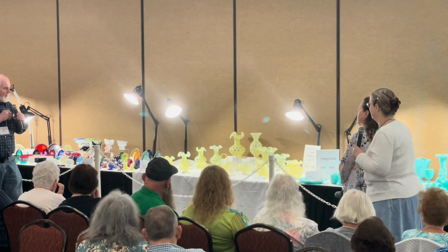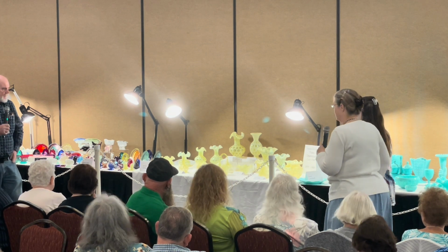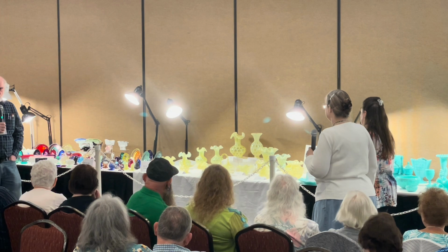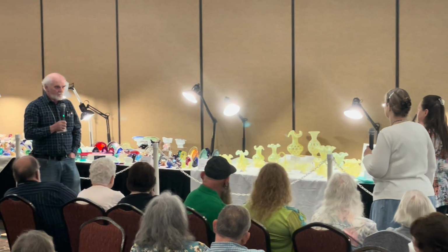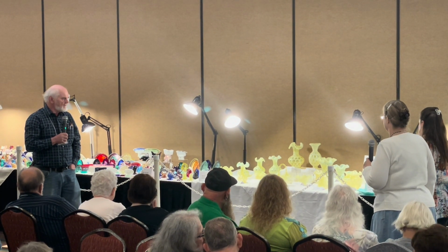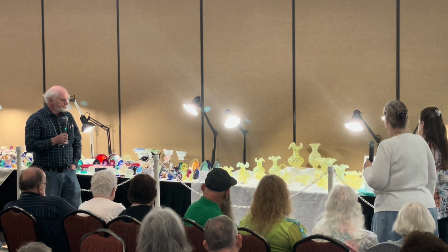Coin dot has always been a very popular pattern, and the topaz opal, you don't see it as much. They made a ton of cranberry, and an even bigger load of flint opal, white opal. But this topaz, you don't see it as much. Got a nice